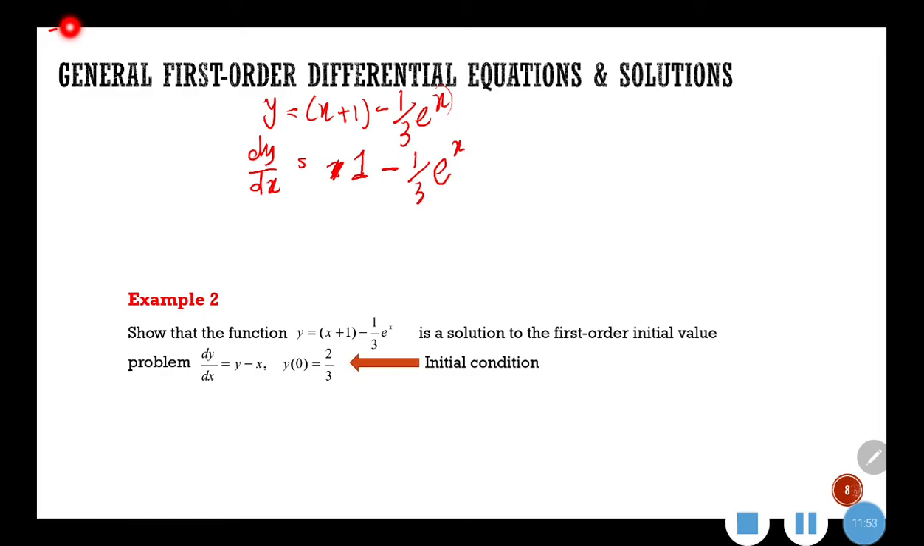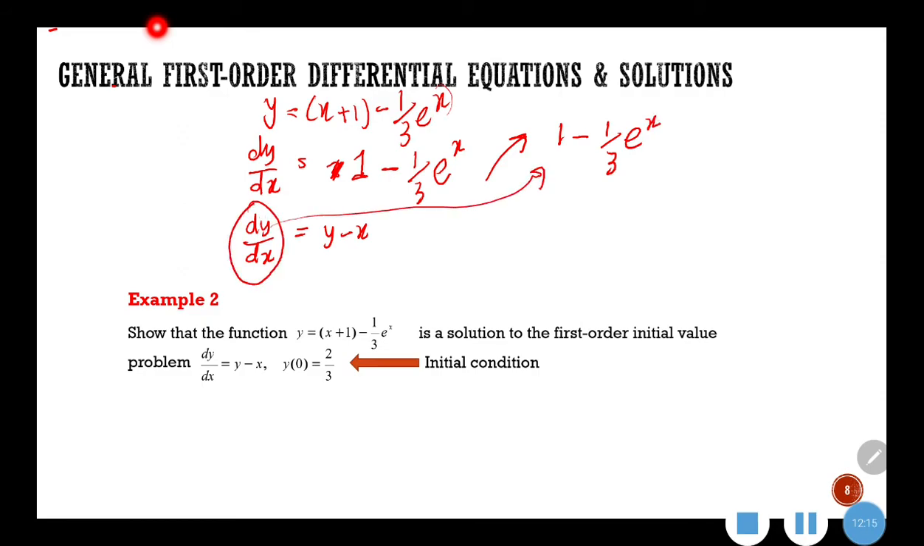So that is our dy dx. Now we are going to prove that it is a solution for this differential equation, y minus x. So what you have to do is substitute dy dx, which is equal to 1 minus 1 over 3 e to the power of x. This dy dx we put into the left hand side, and on the right hand side, our y